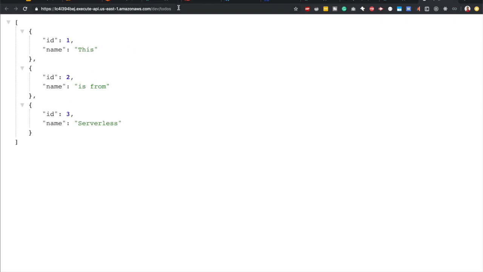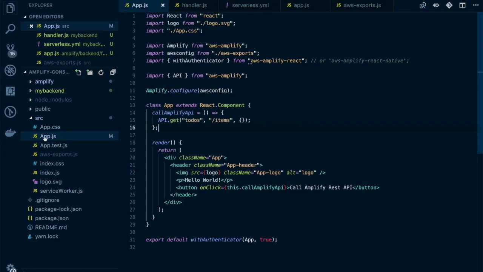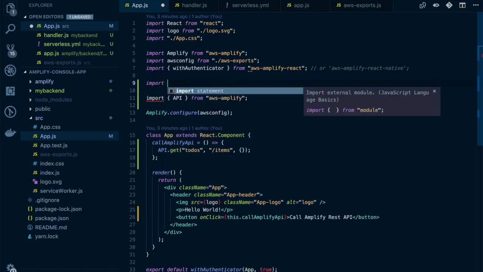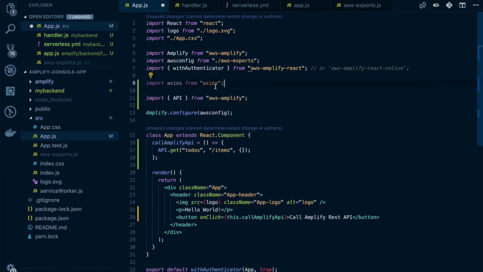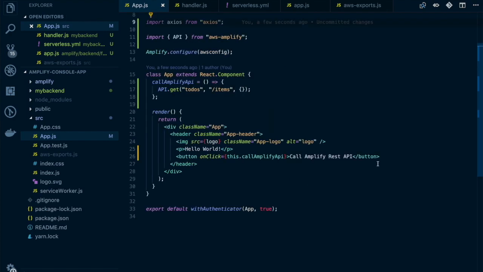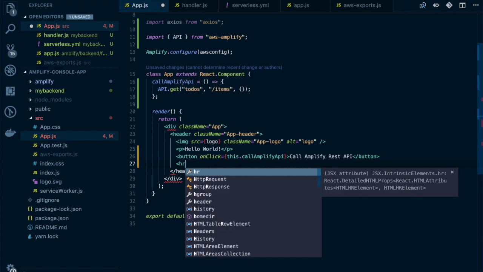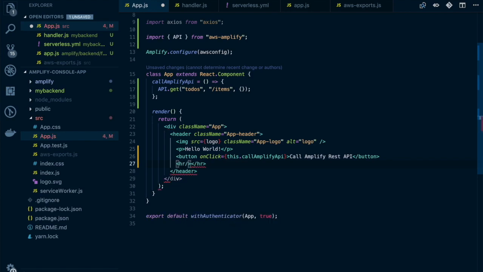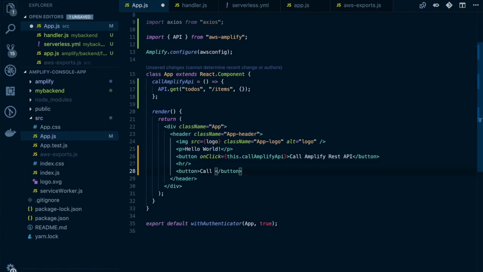Okay, now let's add this endpoint to our application as well, or rather call this endpoint. I'll go to the source App.js file and I'm going to import axios, so axios from axios. I have to add axios as well. Let's create the second button. I will add an hr to do a separation between these two buttons. Add another button called serverless endpoint. Essentially both of these are serverless endpoints, but I just want to differentiate between the endpoint that we deployed from Amplify